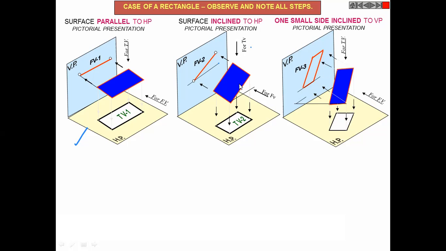First of all, this was horizontal plane. Now it was made inclined to horizontal plane. So we have a second position, and now the second position is further inclined to VP. So we have this plane inclined to both the planes, HP and VP. So neither view will have true shape. Clear?